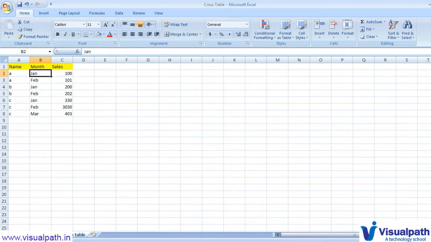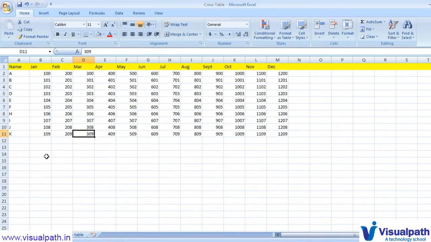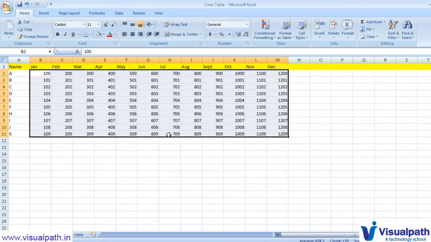If I go to the sales tab of the Excel file, it is in a different format. You see the name of the sales rep is in column 1, but there is no month field here. Even the month names are distributed into different columns. January has one column, February is in the second column, March is in another column, April is in another column, and these values have been stored under that particular column.